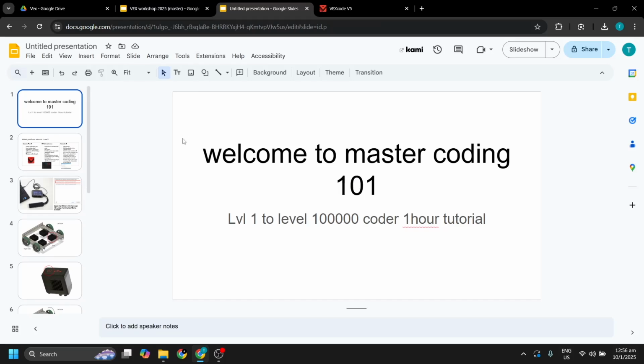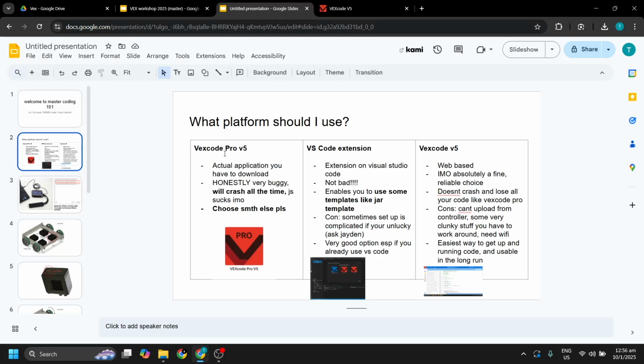Well, welcome to the coding tutorial for your VEX training. This tutorial will just cover the very basics of getting your board moving, your drivetrain. Okay, so let's dive right in. There are 3 IDEs you can use to code VEX, and let me explain the pros